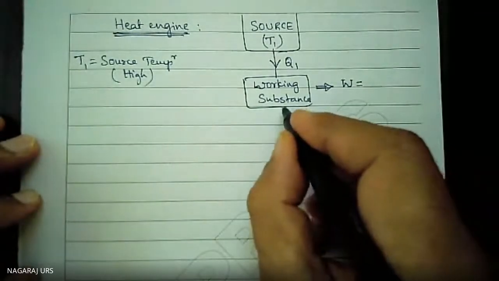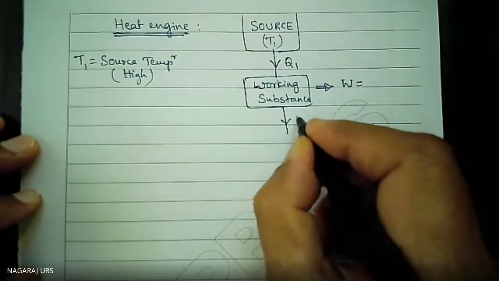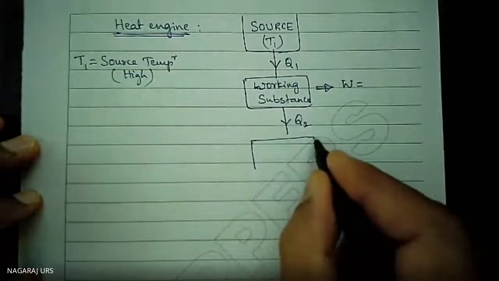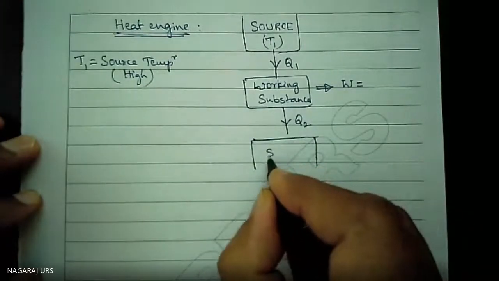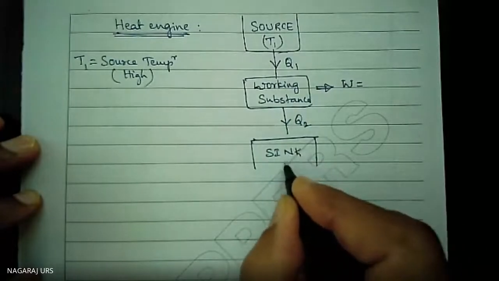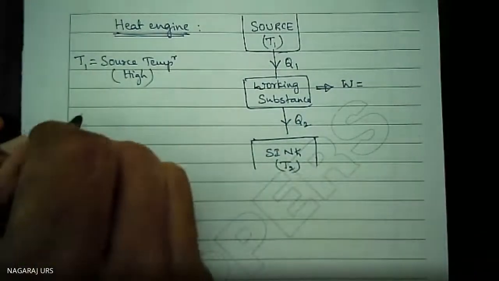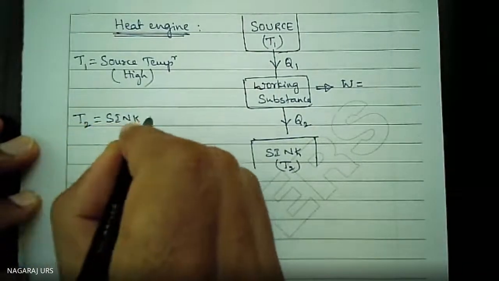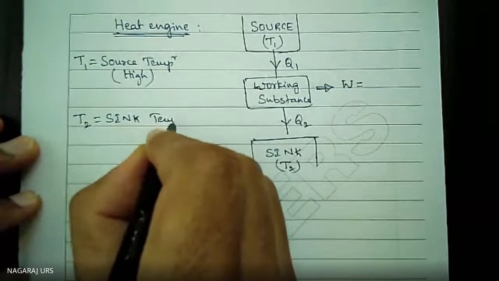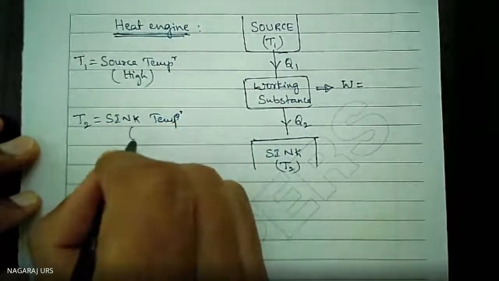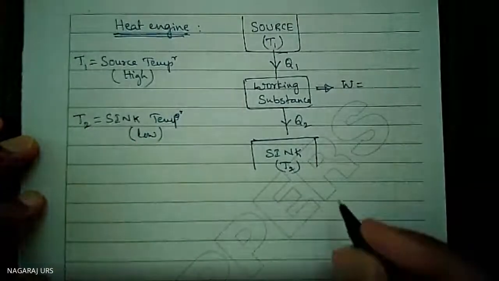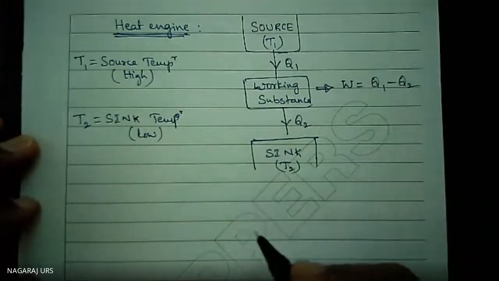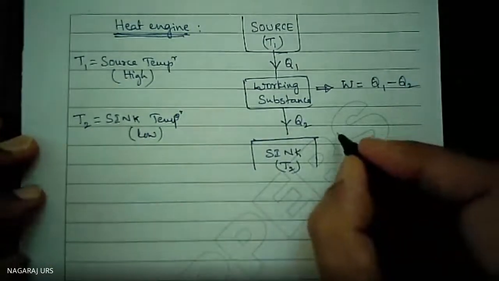After doing some amount of work, the remaining heat energy will be rejected to the sink. The sink is said to be at a lower temperature. T2 is the sink temperature, which is at a very low temperature. Then work done is equal to Q1 minus Q2. And efficiency is given by